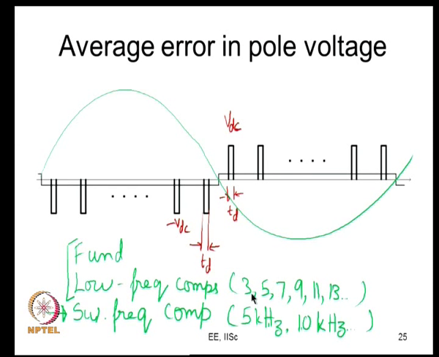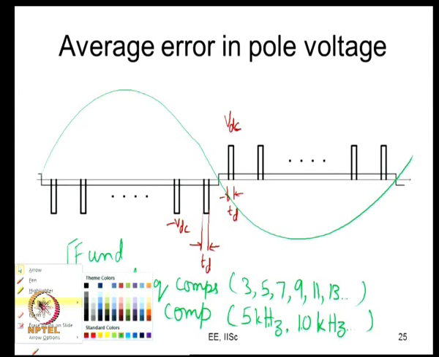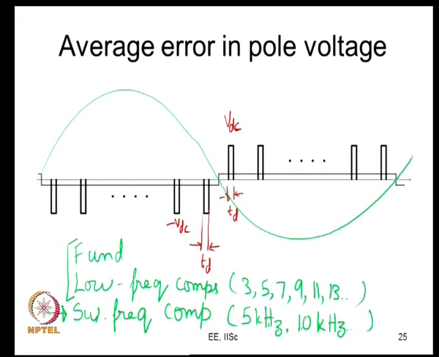So, now there is a problem. Why? Because the low frequency components are all introduced by this fellow. So, there is some issue, so you have to actually avoid that. This is low frequency components which are there in the pole voltages. This will actually get neglected, as we can also see a little later. So, this third will not appear in the line voltage, ninth will not appear in the line voltage, but 5, 7, 11, 13 etc. will appear, and the fundamental component is also going to appear.